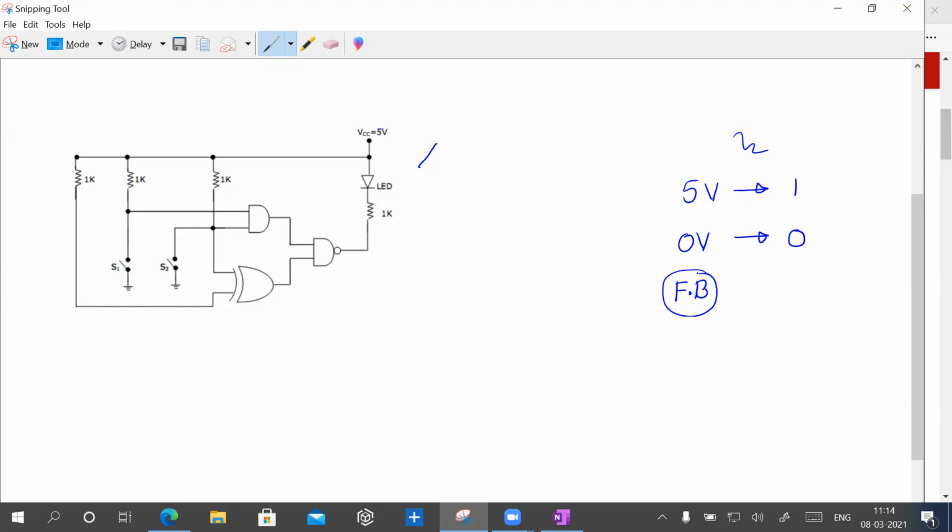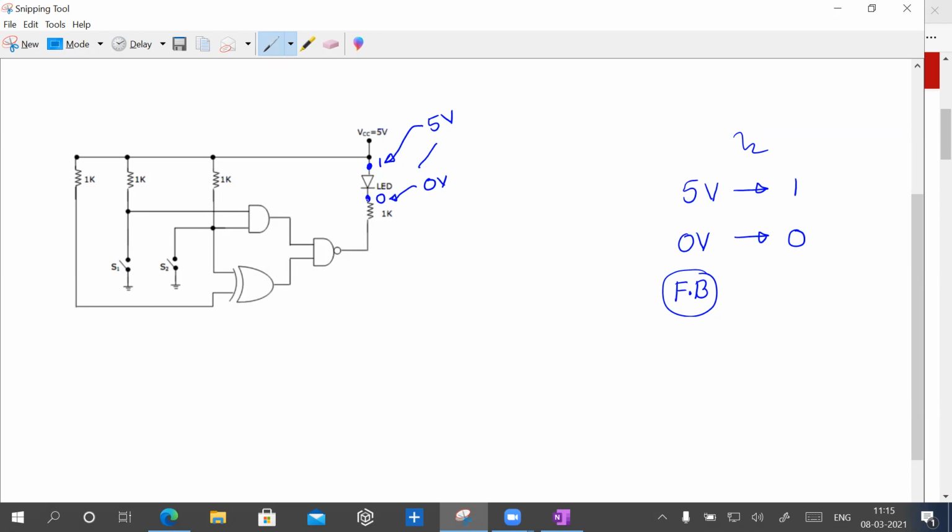What is the meaning of that? That means, see, if this is logic 1 and this is logic 0, then the bulb glows, right? That means this must be some 5 volt. This need not be exactly 0 volt, but we are saying approximately 0, neglecting the drop across the 1K. Just assume that way. Now you tell me, this must be 1, this must be logic 0.